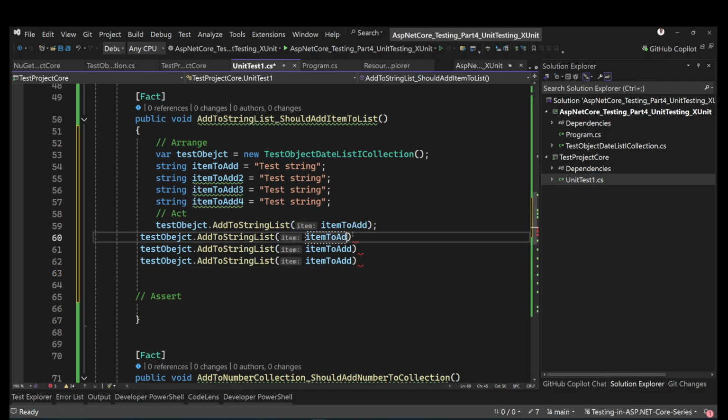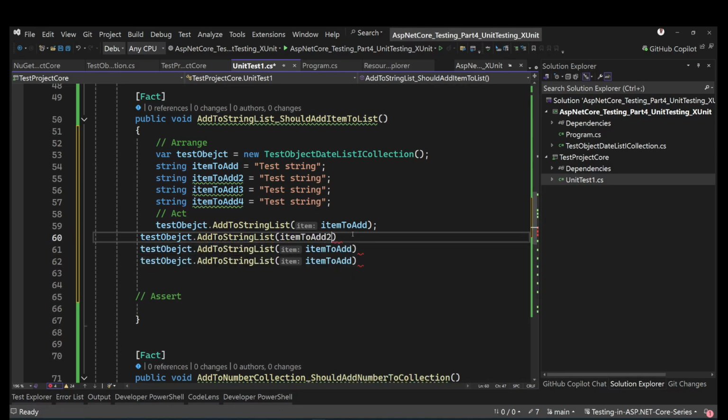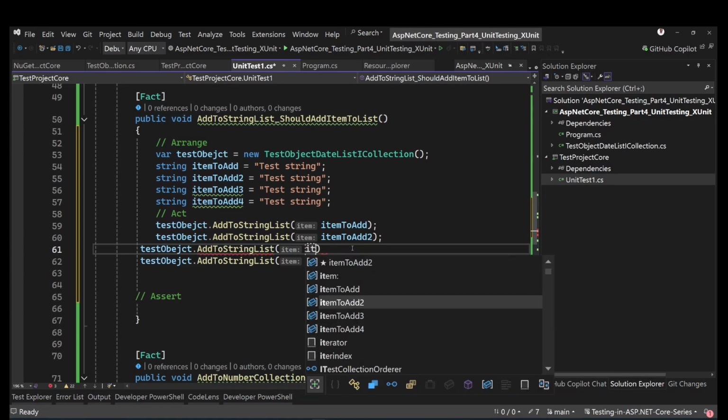And then this is going to be item to add, which is the 2, and this is it. So we are adding a lot of different strings in here, and we're going to say that item to add 3,